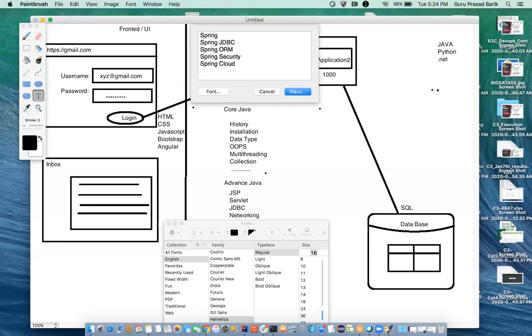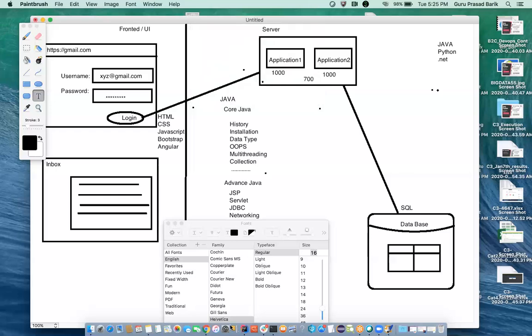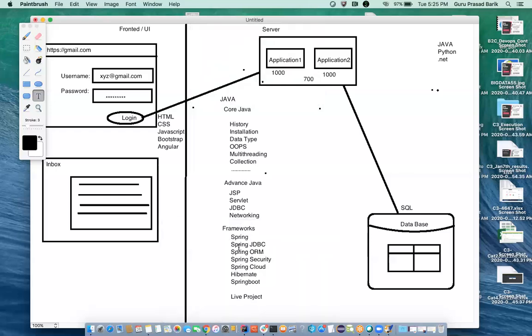All these things we are going to learn as part of your Spring. Then Hibernate. Then Spring Boot. If you don't know Spring Boot, then in the current situation it is very difficult to get a job. It is otherwise known as microservices. And a live project. So these are the things we are going to give you as part of your frameworks.